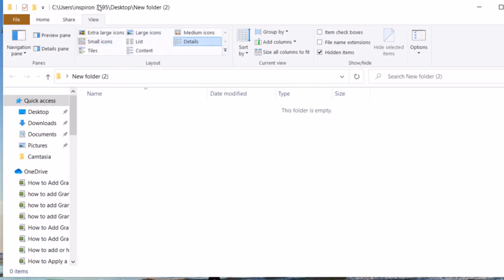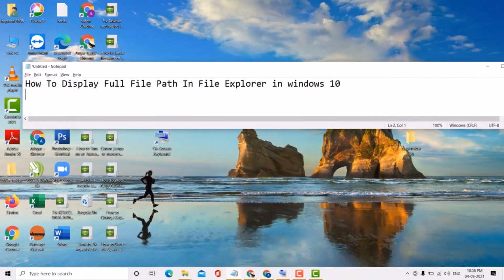So guys, this is very simple and easy method if you want to display full file path in File Explorer in Windows 10 PC or